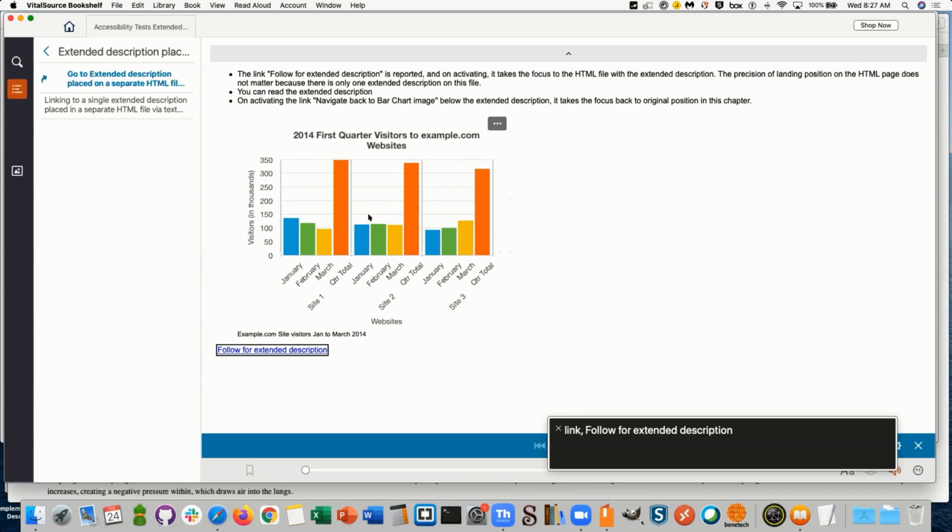Because we've already heard the alt text description, we don't need to hear it again. We really want to just get to that extended description. Then I'll be able to hear the extended description and jump back exactly to where I'm linking from, which is the follow for extended description. So I'm going to do that now.